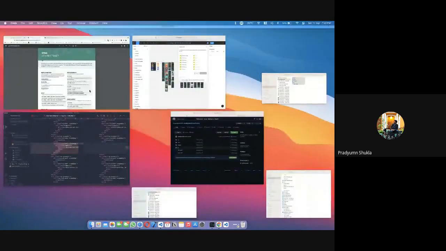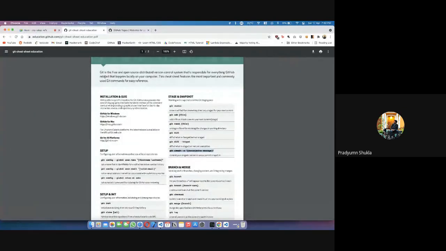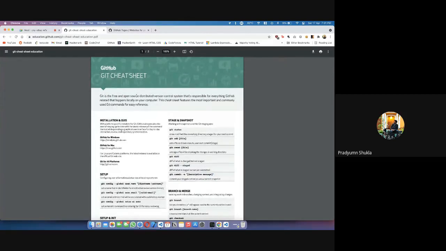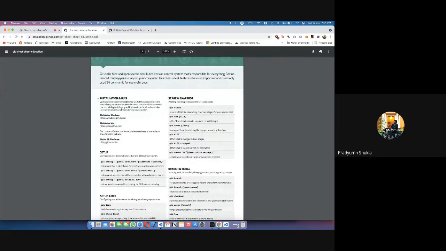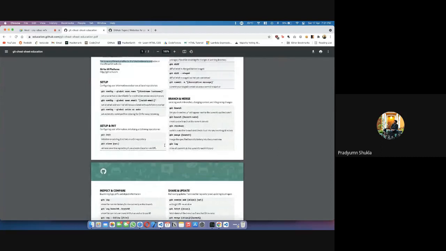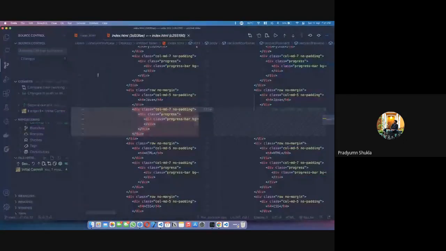So this was just an introduction. You can absolutely read more about it on Medium articles, on any other article. You can read more, watch a few YouTube videos on it. So I hope this helped you kickstart your journey and gave you an overview. This is the cheat sheet which has all the commands. I don't remember these commands. I'm telling you, you don't have to either. It is basically of no use because you have a very intuitive UI to play with in Visual Studio Code.